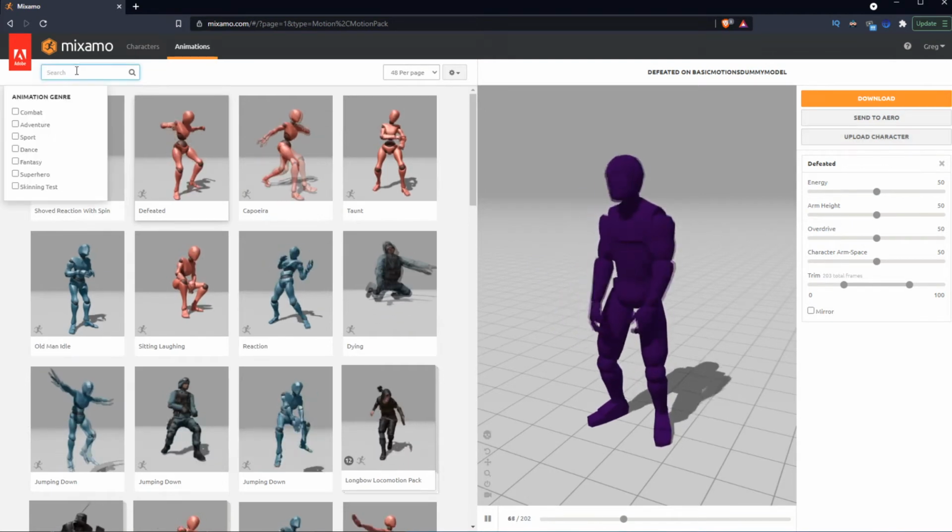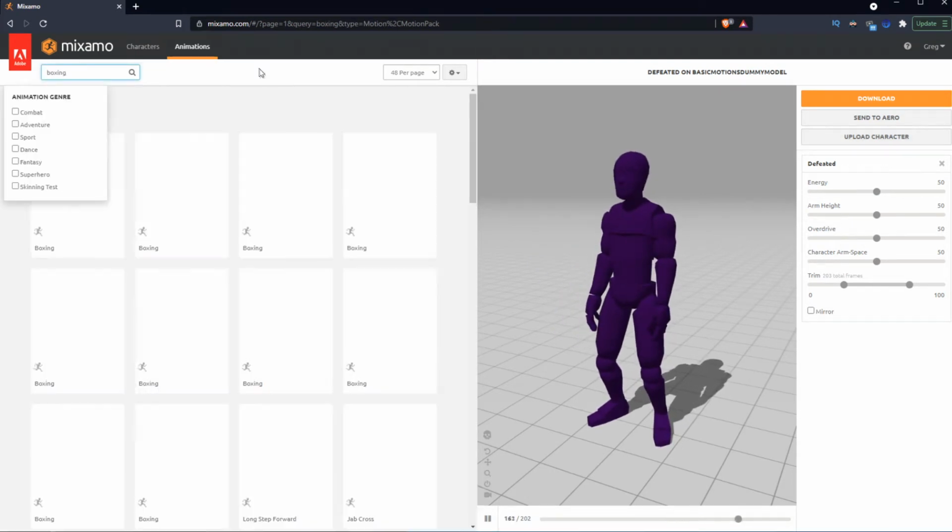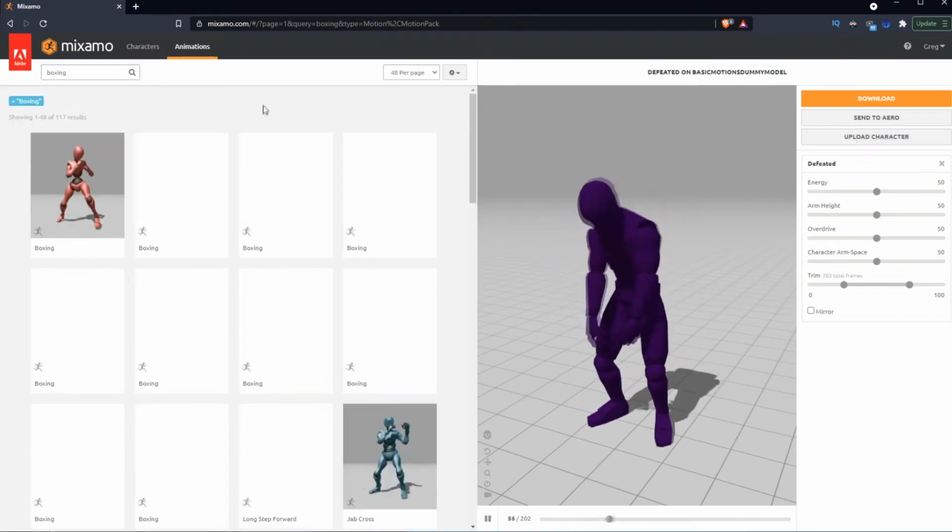Now I will pull a few punches and kicks from Mixamo and drop them into our asset folder.